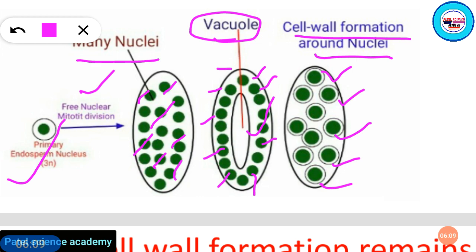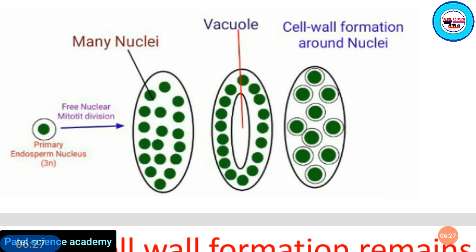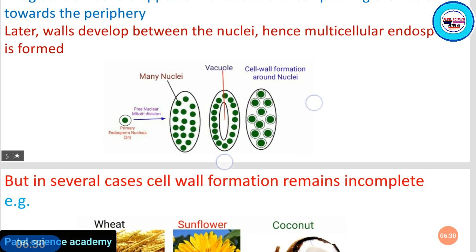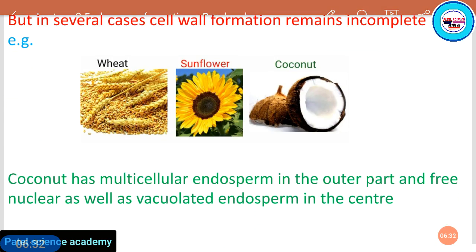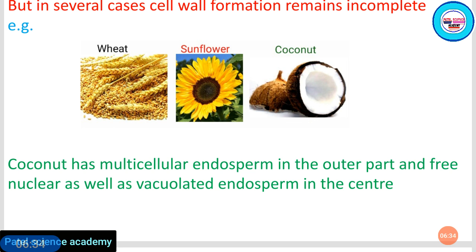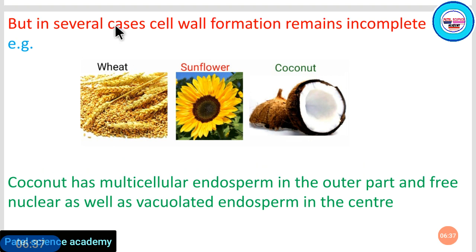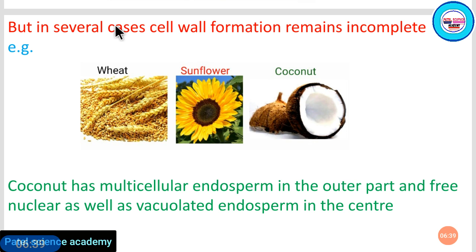So likewise, this type of endosperm, in which the nucleus divides first into many nuclei, and then a vacuole develops at the center, pushes all the nuclei towards the periphery, and finally a cell wall is formed around each nucleus. This type of endosperm is called free nuclear endosperm, and this is found in some examples I'm putting here. These are some examples of